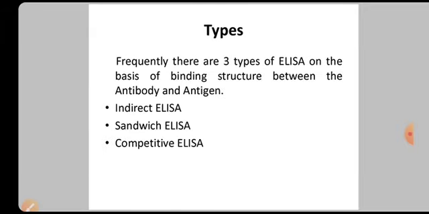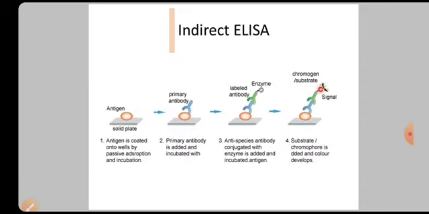So what are the different types of ELISA? There are many types, but mainly indirect ELISA, sandwich ELISA, and competitive ELISA. Let us know what indirect ELISA is. In indirect ELISA, a microtiter plate, which may be available already in the market, is coated with an antigen. That means a coronavirus, just imagine. To this you are adding an antibody. So coronavirus plus antibody forms a complex. To this you add the enzyme-coated antibody, that means the secondary antibody.